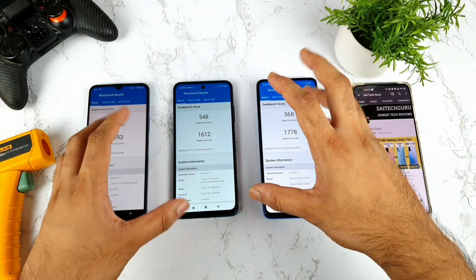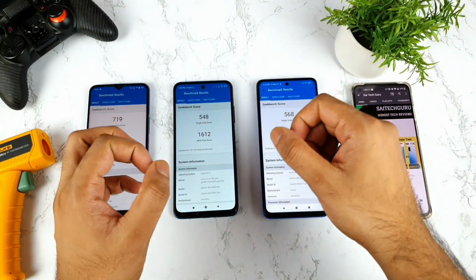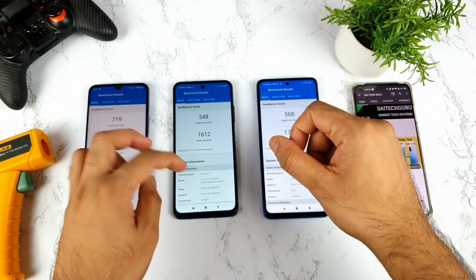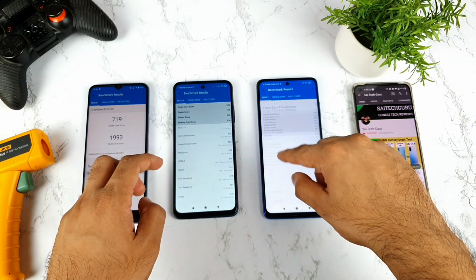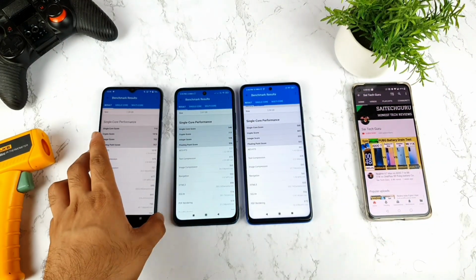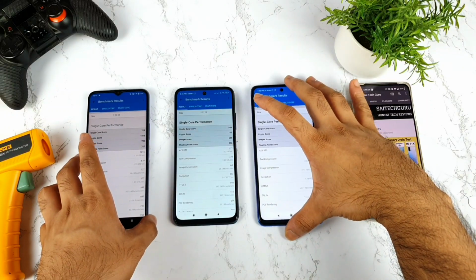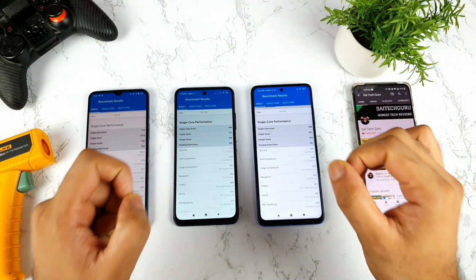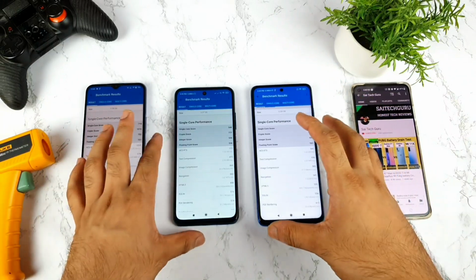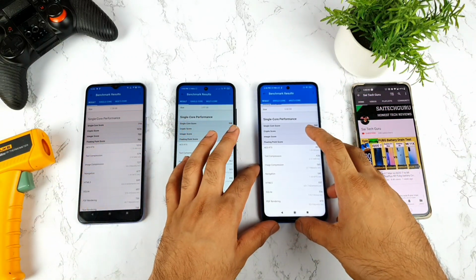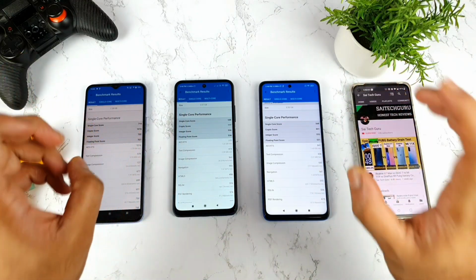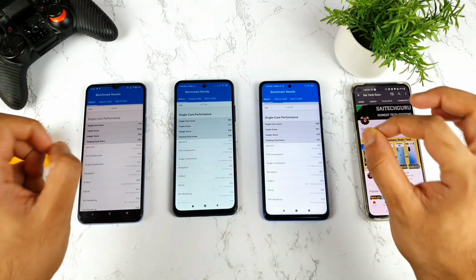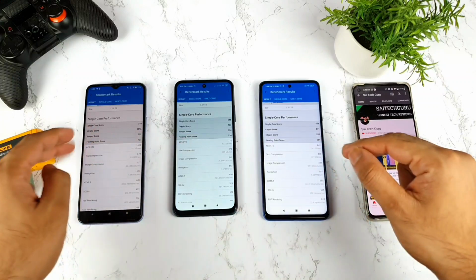In case you have any other queries and if you want me to make any other videos, make sure to stay tuned for those videos. Definitely I'll try to do as many videos as possible in the next couple of days. And I'll even try to do the display comparison, friends. Display comparison is the other main thing which I need to compare between all of these three smartphones, because they all have IPS LCD panels only, so I need to compare those. So make sure to stay tuned for that video. That will be a really interesting comparison topic between all of these smartphones.